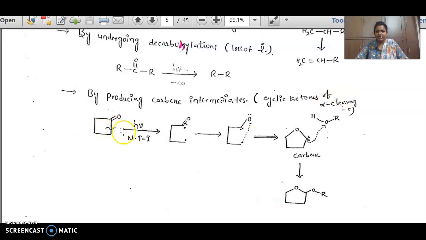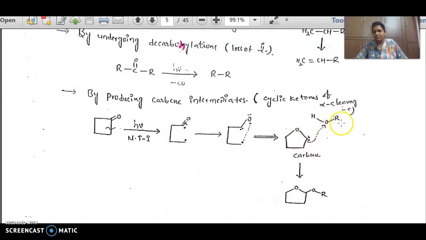Okay, if this bond is cleaved, we'll get one radical here, one radical here. This is cyclic. Then after that, again the cleavage of the pi bond, you will get one radical here, one radical here. If you cleave this, you are getting this and this. Again by cleavage of the pi bond, one radical here, one radical here. It means here you will get a lone pair, because at this position we have two cleavages, here alpha, here alpha. That's why a lone pair, and this will be attached. Here we'll get a lone pair on this carbon. A carbon with a lone pair is a carbene.